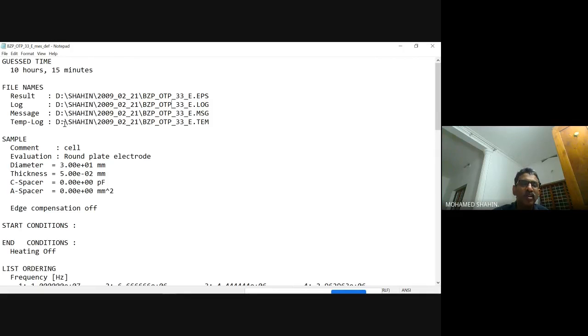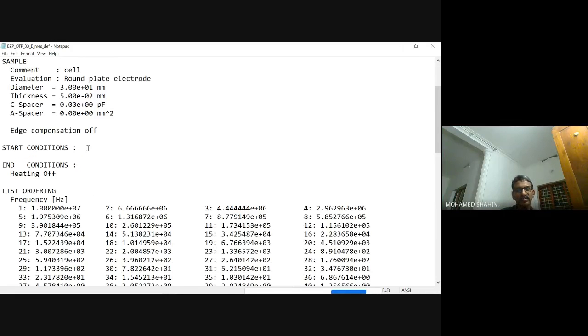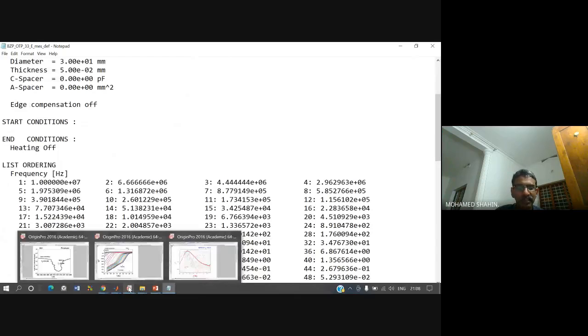Then the temperature log will tell you where the temperature is currently, what your set temperature is, and how it is going. So it is going linearly or with a slope, everything can be seen, and you can save that also. Sometimes it happens that somehow you make a mistake. Those things can be accessed by looking into the temperature log message file. So these two things have to be done initially. Then after that,